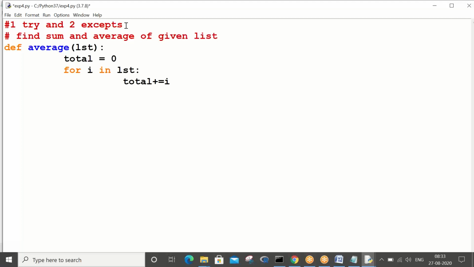Sorry, I missed writing this line. So the point is you are trying to find the sum as well as the average for the given list. This line helps you in finding the sum, correct?